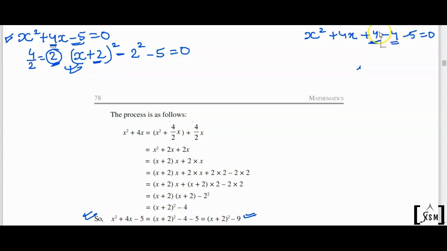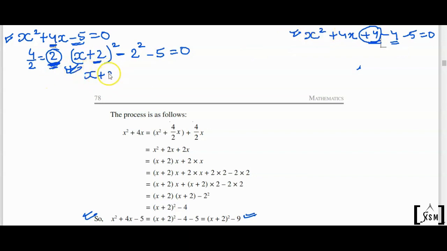Now the question is, why did we do this? Because otherwise we would have to think about what number to add and what to subtract. That is why I told you before, whatever the x coefficient is here, you always divide by 2, and whatever number you get, you put it as x plus that number and square it, and minus this number squared, and the rest you keep as it is. That is how we will do all the questions, so as not to get into these complications.